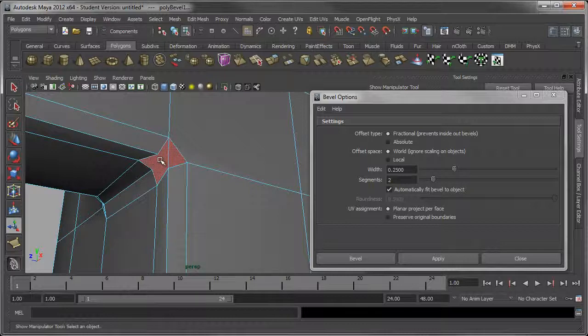So you can see it's highlighting, but here you can see in here we've got this little triangle. That's also a polygon. So what we've got is this big polygon covering another polygon, and that will cause problems with a lot of our tools, like our split tools and so on, and even extrude. If we tried to extrude this, it would probably not work properly, especially if we accidentally select both of those